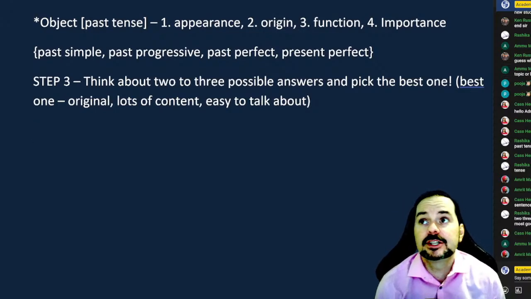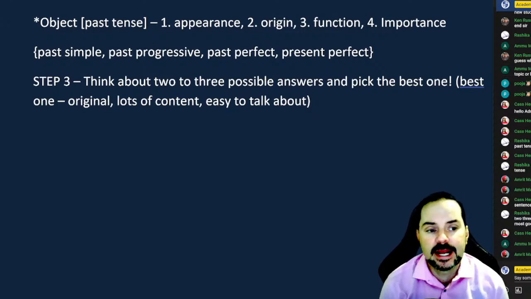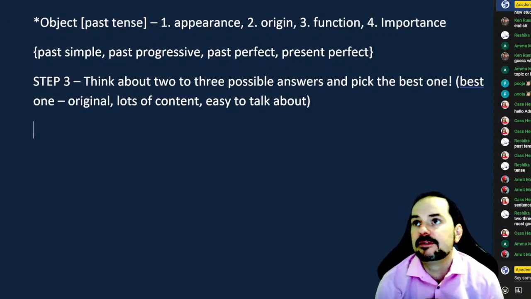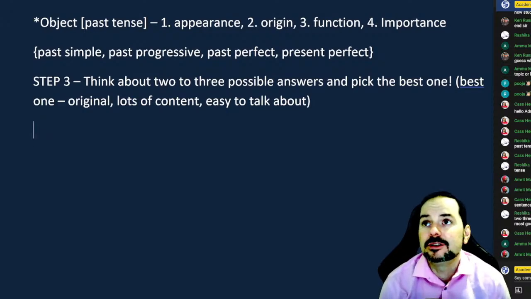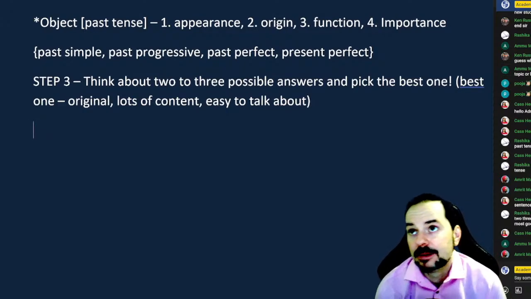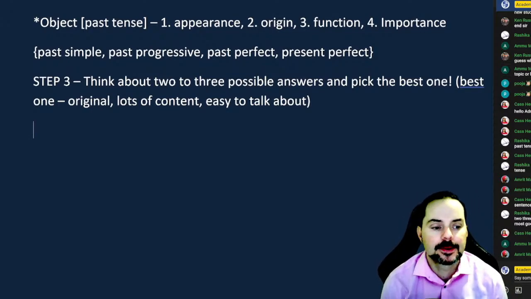Anish, I'm literally explaining what to do in the 1 minute preparation time. So these steps that I'm showing you right now, step 1, 2, 3, 4, 5, you're going to see 4, 5 in a moment. This is what you need to do in the 1 minute, and I'll show you exactly about how much time or how many seconds you should spend on each one. Okay, so